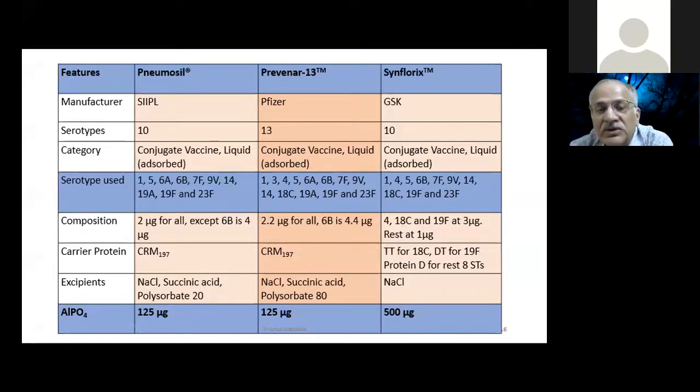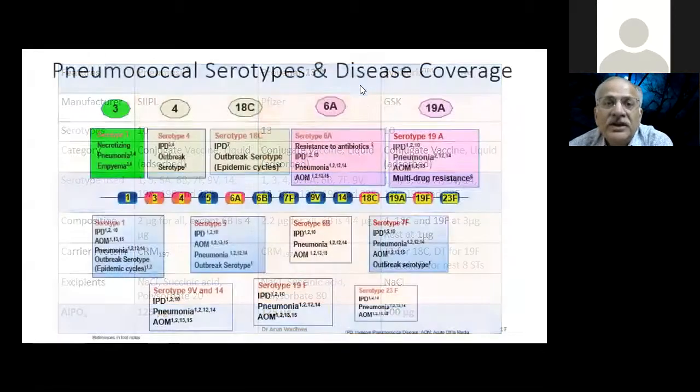So you have to go by that rather than the amount of protein in this, because the conjugation technology will be different, the adjuvants may be different, not here, but otherwise they also differentiate between the antibody levels. So it doesn't mean 2.2 is better than 2 or better than 1. This is not to be taken into consideration. The rest we've all discussed.